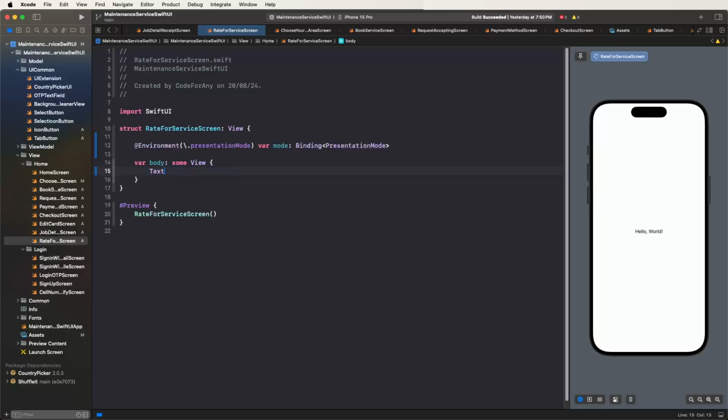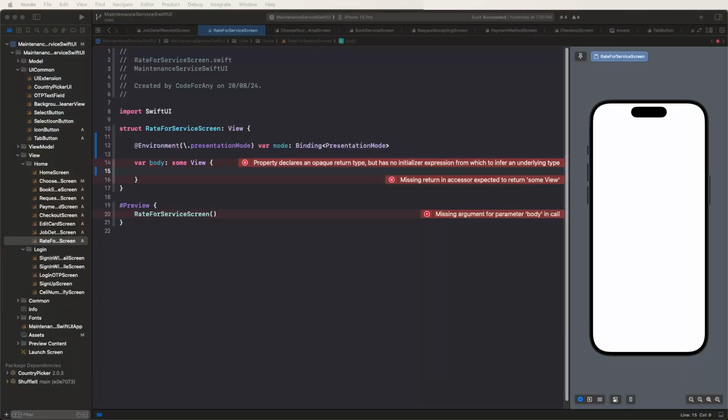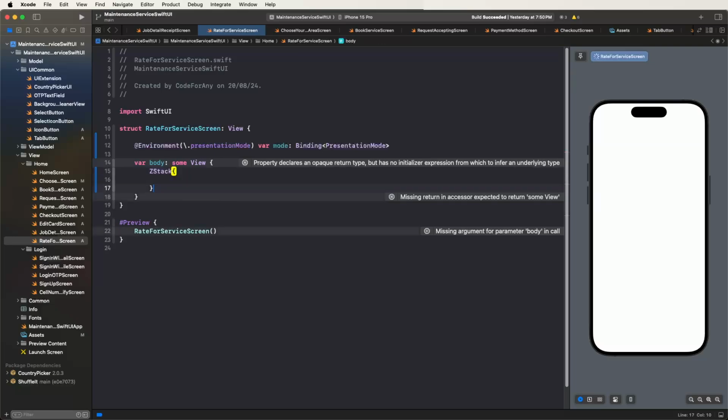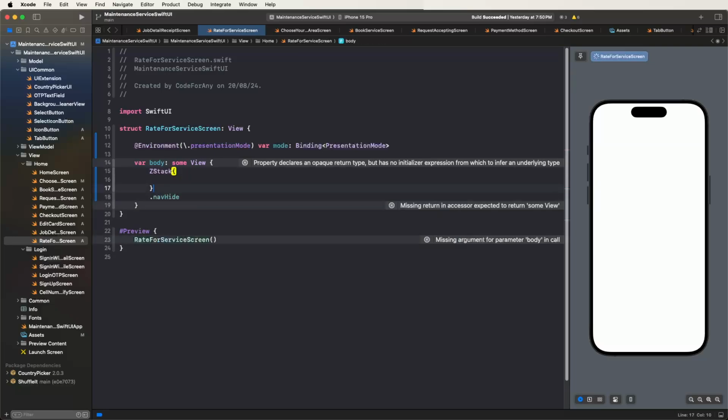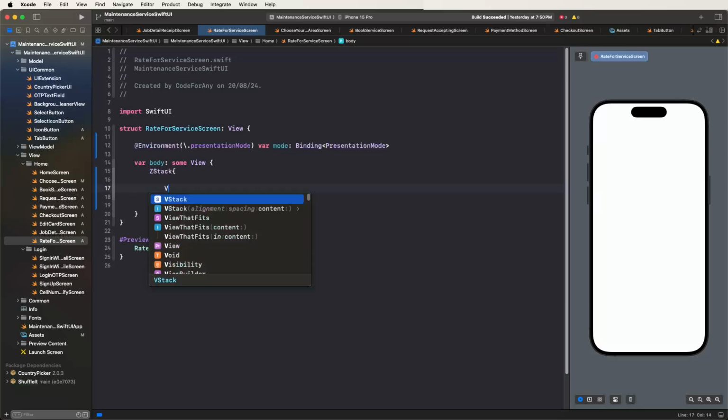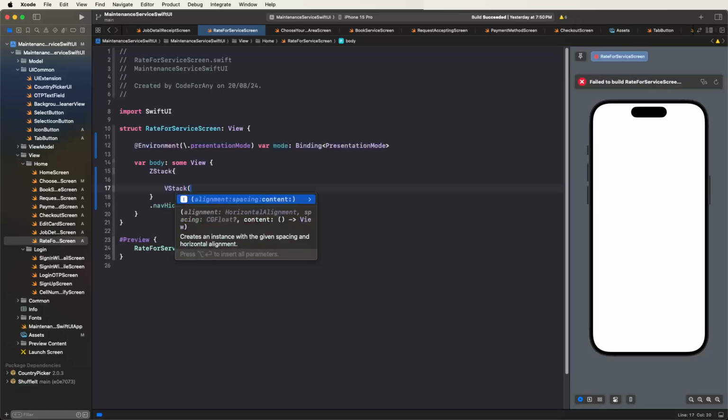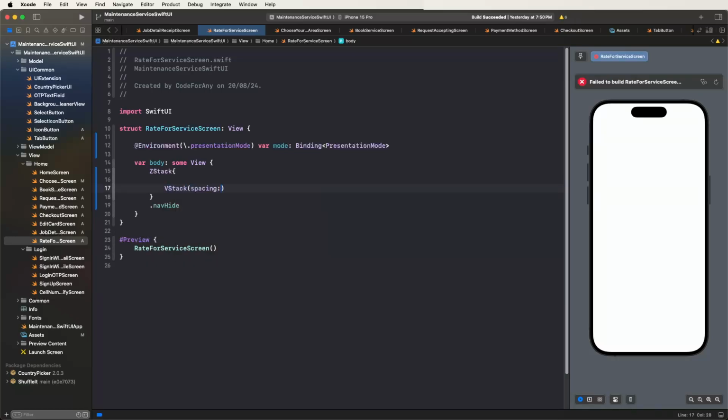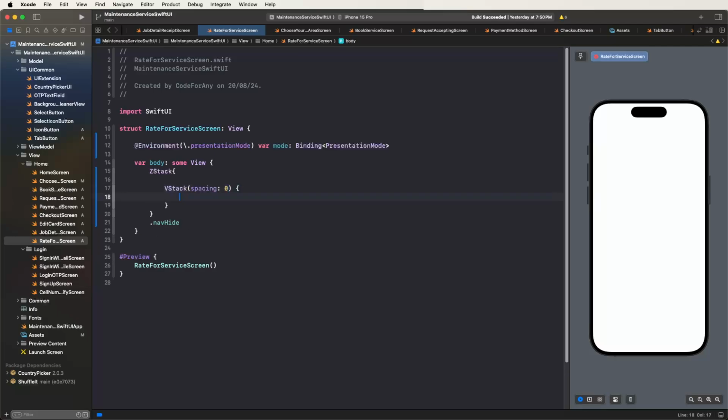Now first of all we need to develop the app bars, and then after we need to develop the step UI. Now we need to write the Z stack first of all, and we need to add the navigations. We need to use the extension methods. Then after we need to declare the which tags and also set the spacing. So we need to set 0, and then after we need to write down the which tag,